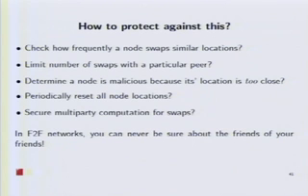Can you determine a node is bad because its location is really, really close to yours? No, because again, if your network is large enough, you're going to expect to be swapping with people whose locations are really close to you. Another idea is secure multi-party computation to compute the formula we showed you earlier, but that doesn't really do anything because an attacker can always lie about who his friends are, and there's no way to fix that. You can never know who the friends of your friends are in a friend-to-friend network.